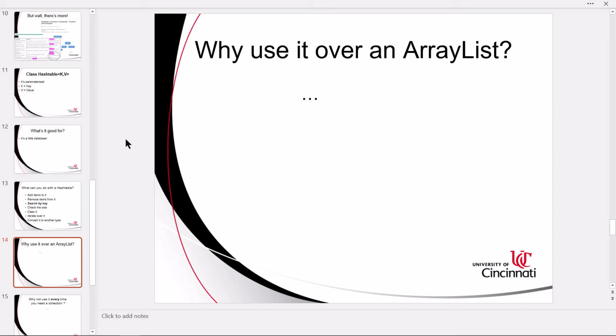Should I use hash tables for everything I do from now on? I just abandon arrays completely? I could do that, no problem. But I probably shouldn't, because A, I'm adding needless complexity to my program, and it's going to run slower. Now, if it's a tiny little program, I don't care if it runs slower. What's a few milliseconds between friends?